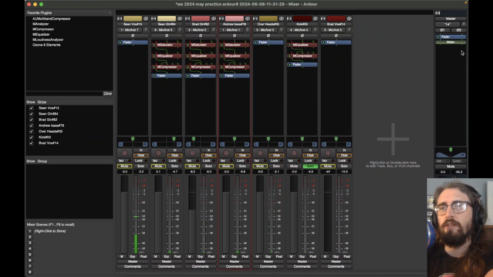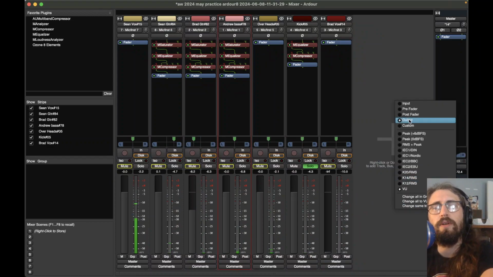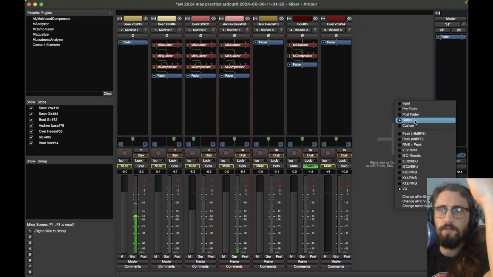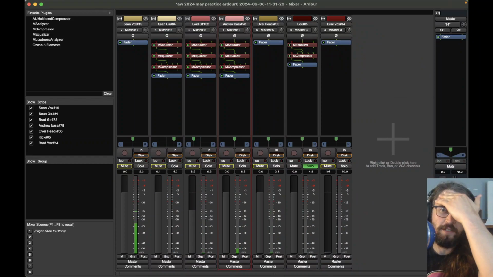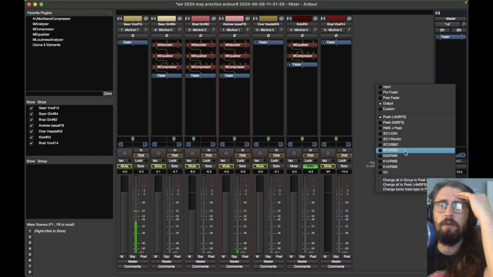Just a second ago, I was like, I wonder if you can do this. Anyway, since it's your mix bus, you want the meter to be the very last thing, so you make sure you're looking at what you're actually going to be mixing down to the stupid audio file. All of the other channels were set to peak plus 6, but I think by default it was actually set to